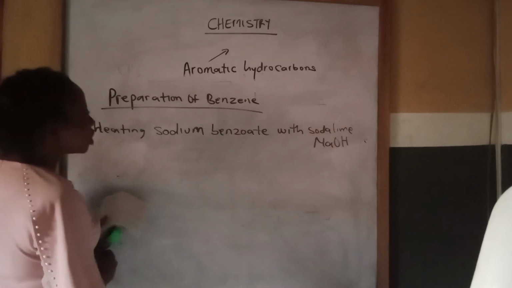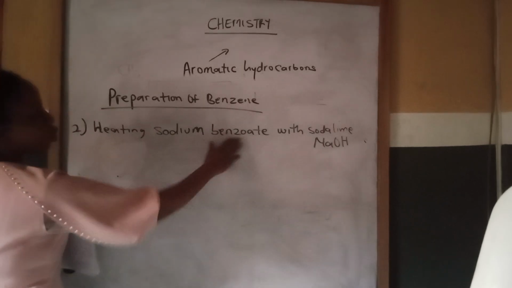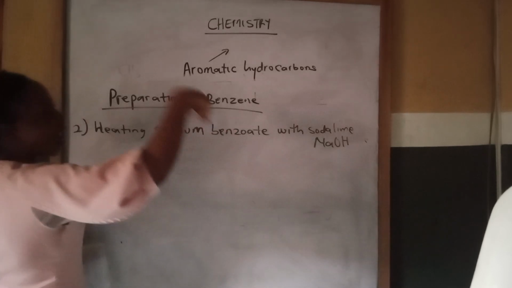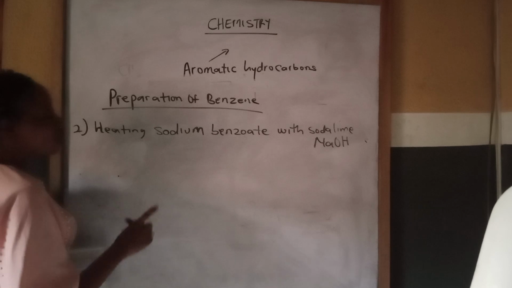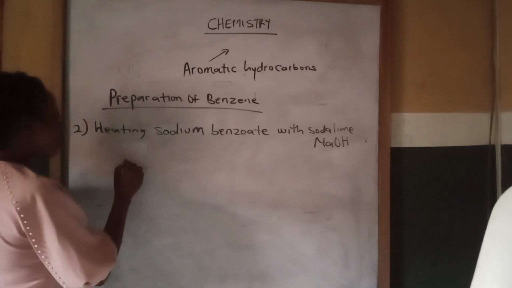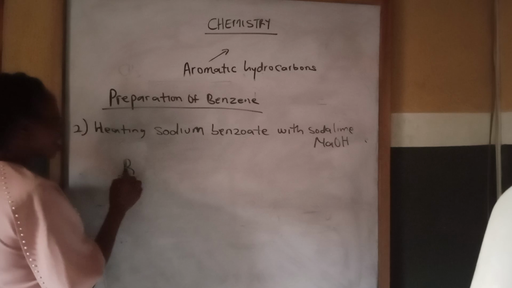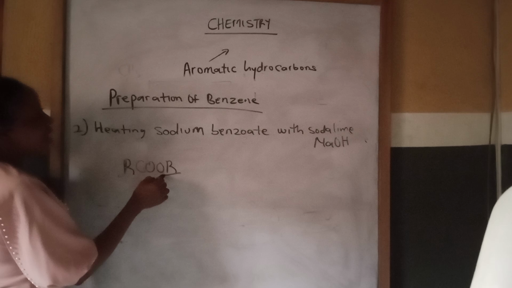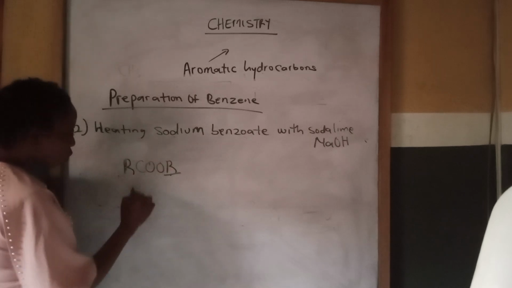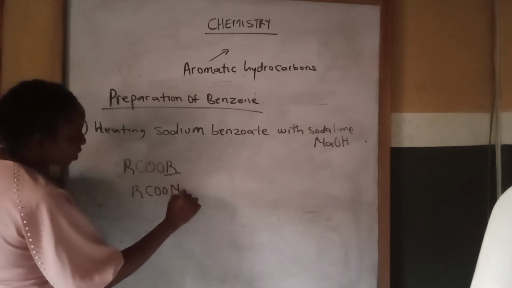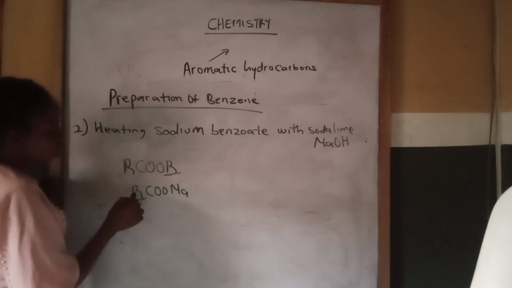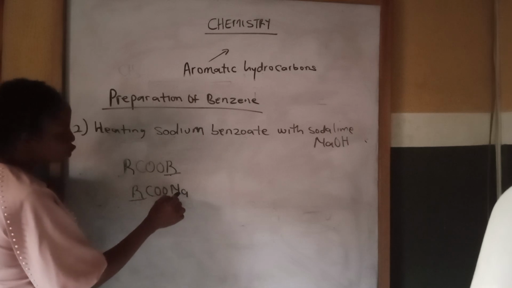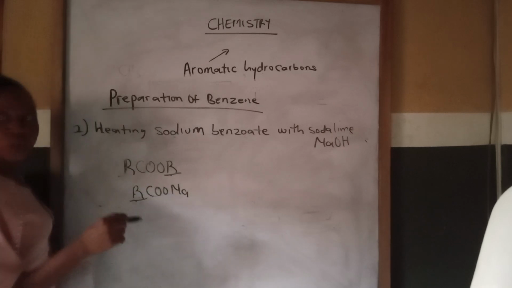So let's look at the chemical reaction between sodium benzoate and soda lime. The sodium benzoate, the benzoate is from alkanoate, so it shows that we are going to have a benzene ring. The alkanoate is RCOOR. Then the R at the back will be replaced with sodium, so that will be RCOONa. Then the R here will be replaced with what? Benzene. Then for this COOH to attach to benzene, there will be removal of one hydrogen atom